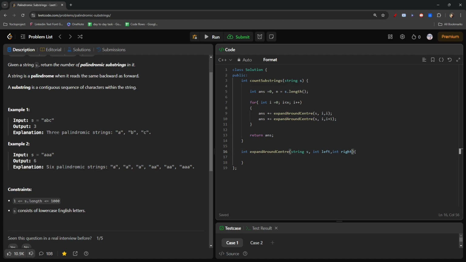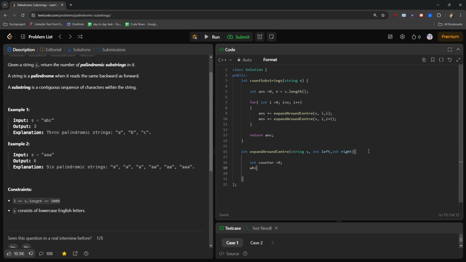Now in this we will be having one counter again, and we require that counter to return the strings we were able to figure out which are palindromes. So rather than answer, let us keep it as a counter, counter equals 0,